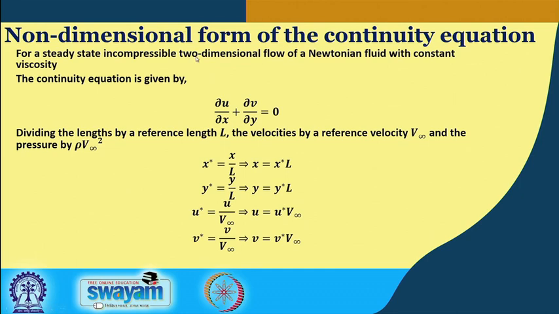Then we have two-dimensional, that means in space when we have x, y, z or r theta z or r theta phi, then we can drop one of the dimensions. A Newtonian fluid means the stress in a fluid can be given in terms of Newton's law of viscosity, that is stress equal to mu into dou v by dou y. So with all these assumptions, let us see how the continuity equation looks like.